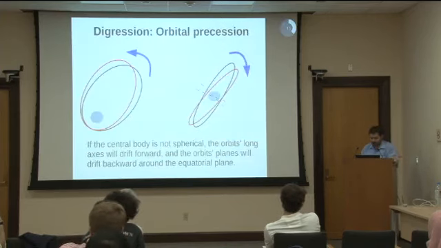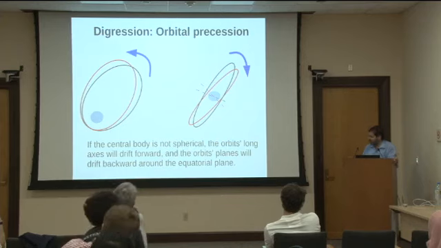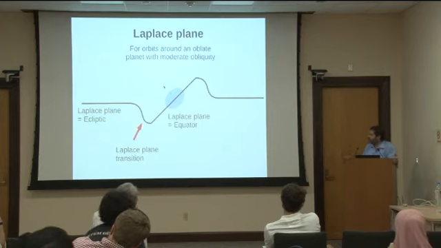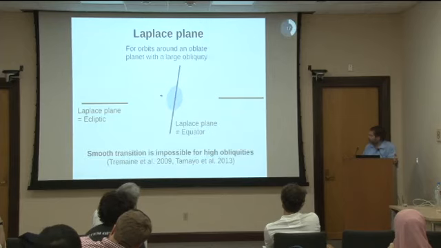So what I proposed in that paper was the Laplace plane transition between high obliquity Earth and the Sun. I already showed this plot. The Laplace plane, as I said, is the plane around which the nodes of the orbit precess. And if it's a low obliquity planet, it's continuous between the equator and the ecliptic. But what if it's a high obliquity planet? It's not clear how it connects, because at some point, should it be retrograde or prograde? Well, there is this discontinuity